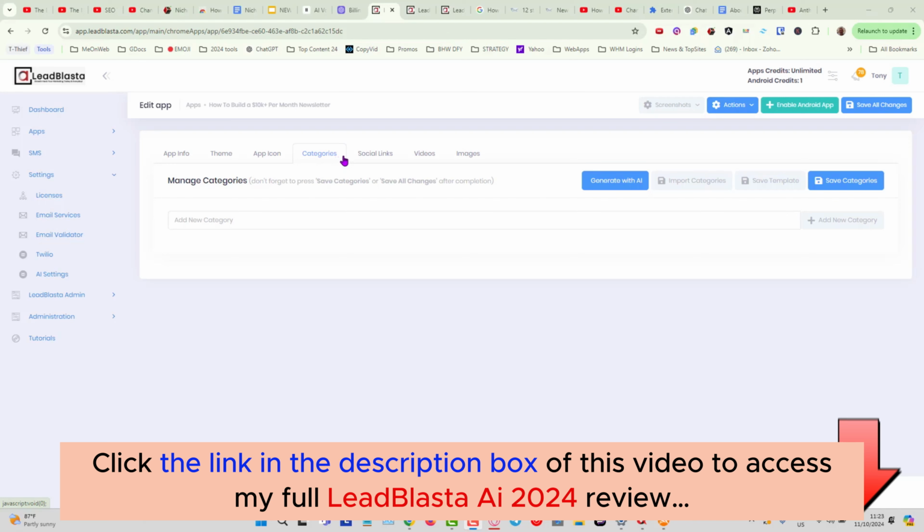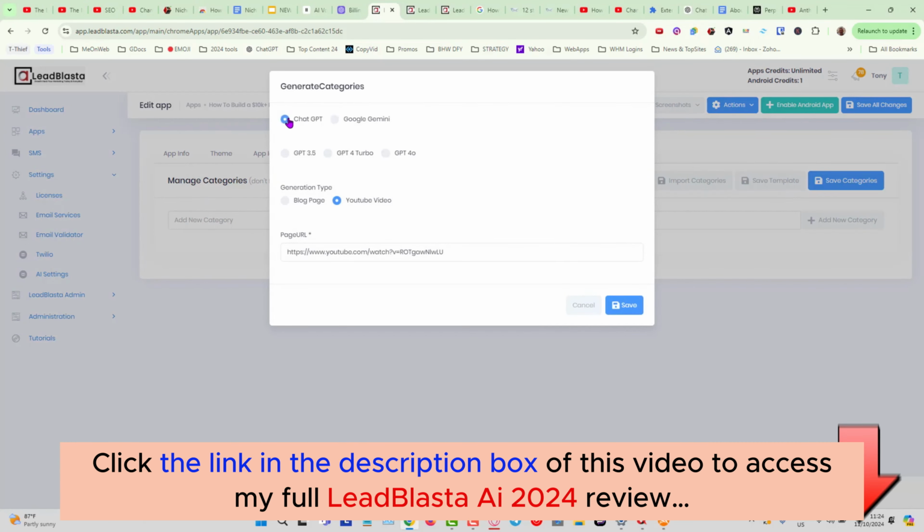Okay, so this is where all the magic really happens. What I'm going to do is take a video URL, and this video URL is going to be for a webinar replay from a guy called Matt McGarry. Now Matt is a bit of a guru when it comes to newsletter growth, and he helps people to generate $10,000 a month or more from building and growing their newsletter audiences. So I'm going to click generate with AI, and I'm going to choose ChatGPT, and I'll choose ChatGPT 4.0. You can choose 3.5, it will be pretty good as well. I'll choose 4.0, and I'll choose YouTube video,